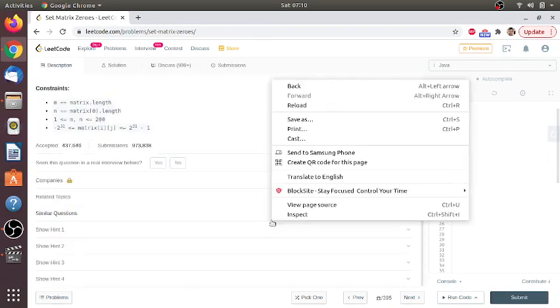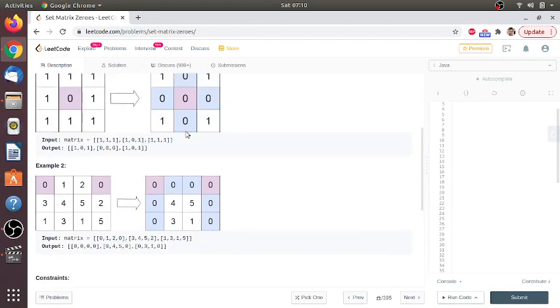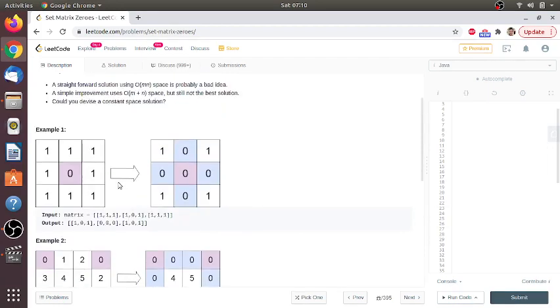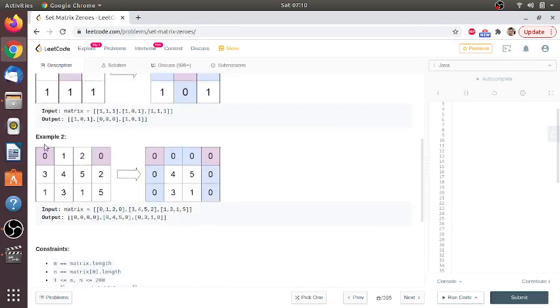So what we can do is use the first row and first column. If there is a 0 here, then I know that this column must be 0. If there is a 0 in the first column, let's say, then this row should be made equal to 0.